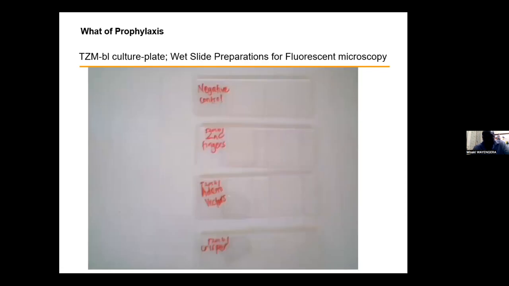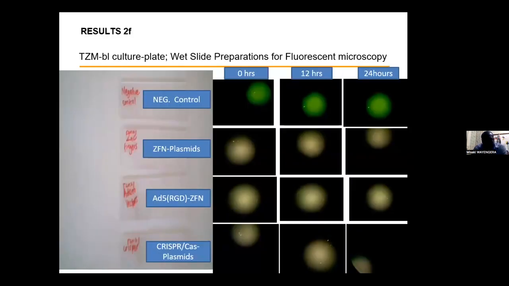And briefly, using a TZM-BL culture plate, we prepared a wet preparation for fluorescent microscopy and then went in for fluorescence. And one of the things that we clearly see is that in the negative control, the untreated cells, several hours after being exposed to HIV, those cells emit luciferase. This is consistent with the marker that is present in the TZM-BL cell. But the cells which were treated with the plasmids, the zinc finger plasmids, the adenoviral vectors carrying zinc finger nuclease or CRISPR-Cas were actually protected against HIV